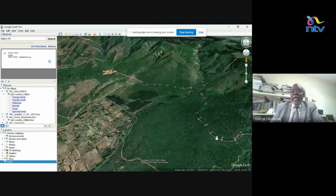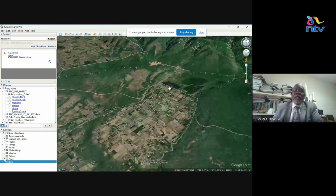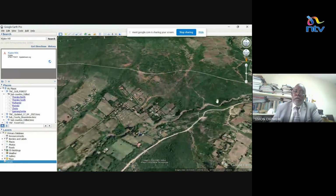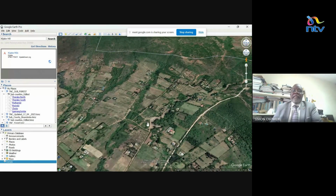And you can see the railway line is this one that is traversing around here, and the railway station is this one, and then below it we do get the areas where people are settled. So you can see the drainage zone. That river will basically flow, and then it some kind of dies off because it reaches the lower plain. The material is very porous. The water simply some kind of dies off, but you can see a defined valley here,